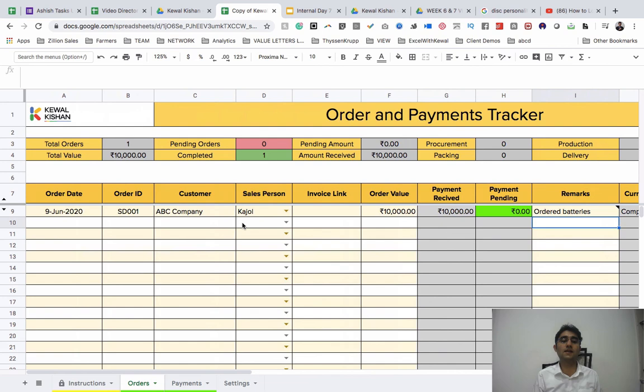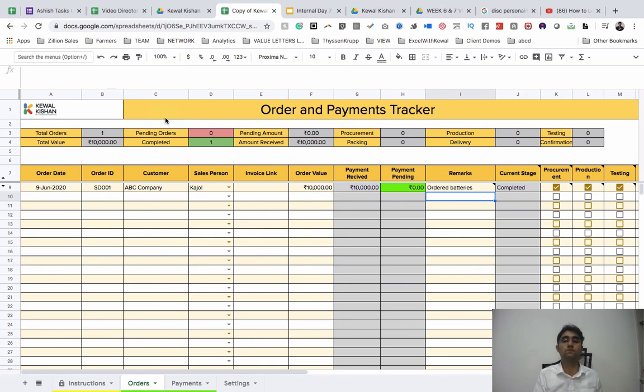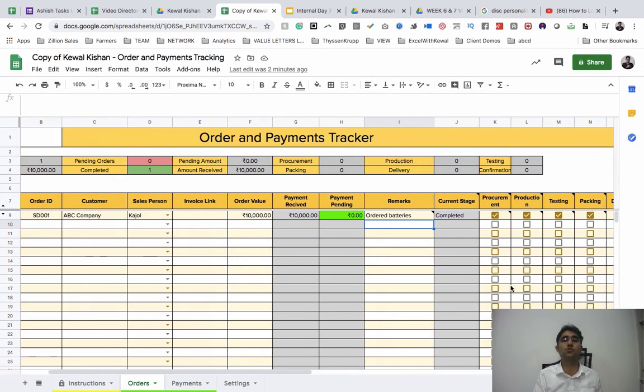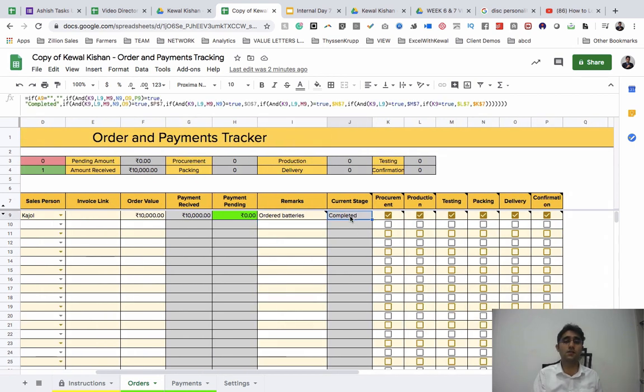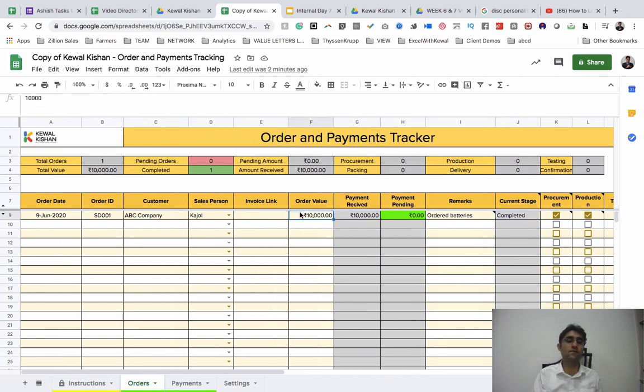So guys, this is it from my side in this tool. This tool is going to really help you out in managing your orders, especially if you're a business owner who is not having very complex operations. If you're simply having some stages, it's good to go. And specifically if you have just yourself, or maybe a couple of people who are just managing your orders. And here in the one screen, you can see the stages which are completed, the current stage, the payment pending and payment received, the completed orders, and the pending orders as well.